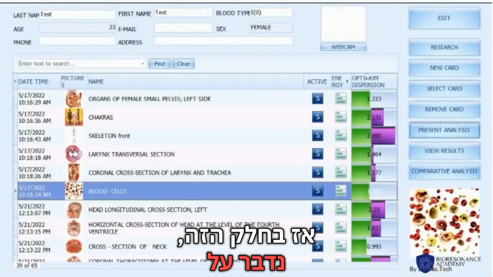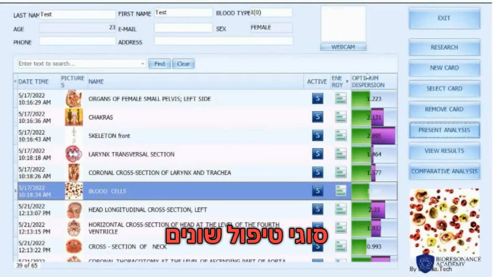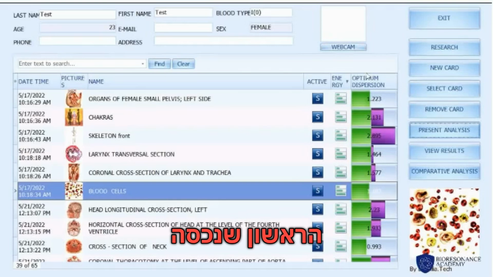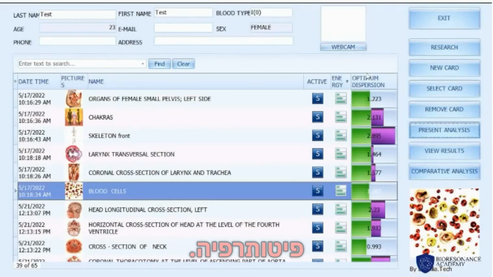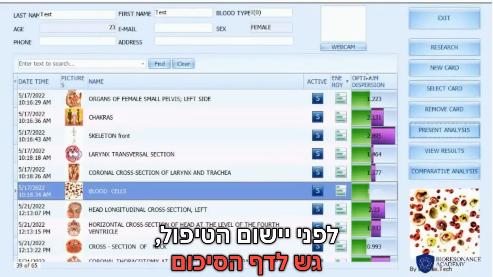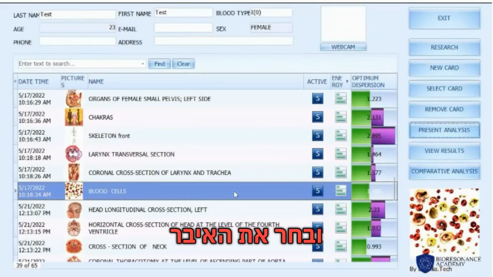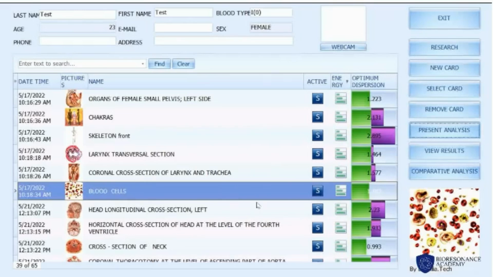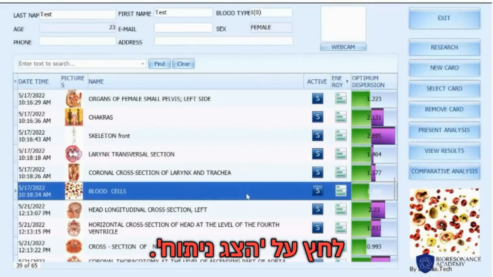So in this section, we're going to be talking about treatment types that are different from metatherapy. So the first one we're going to cover is called phytotherapy. Before you apply the therapy, first go over to this summary page and select the organ that you would like to apply the therapy on. Once you're selected, press on Present Analysis,